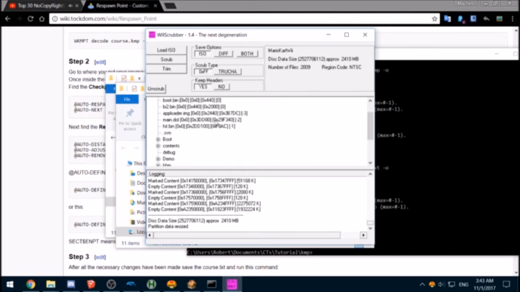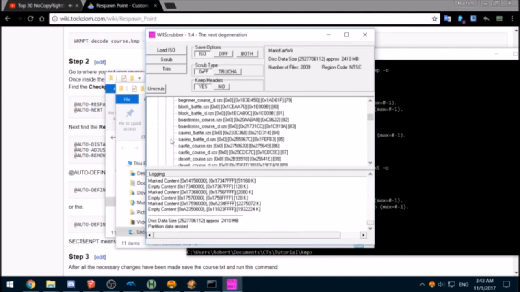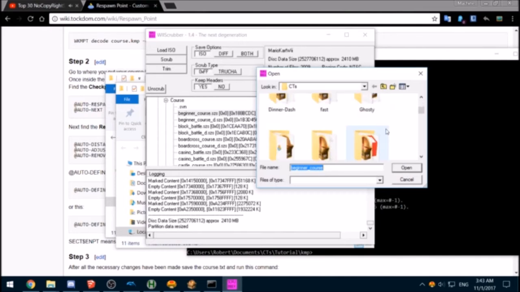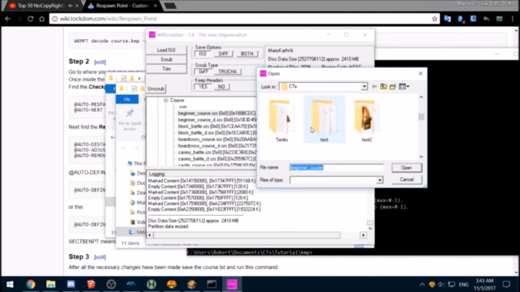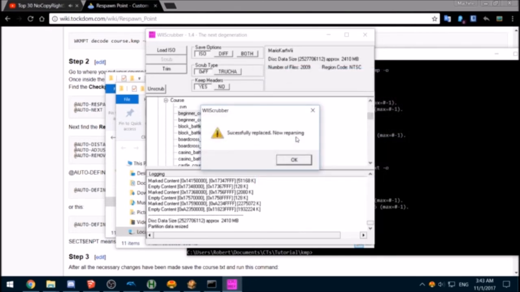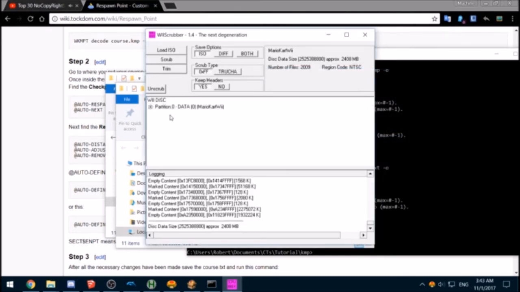So just like that. We expand, we go down here to race course, and then we go to beginner course because that's the course we're replacing. We right click and hit replace, and then we go to our SZS file. Okay, and it replaced it.